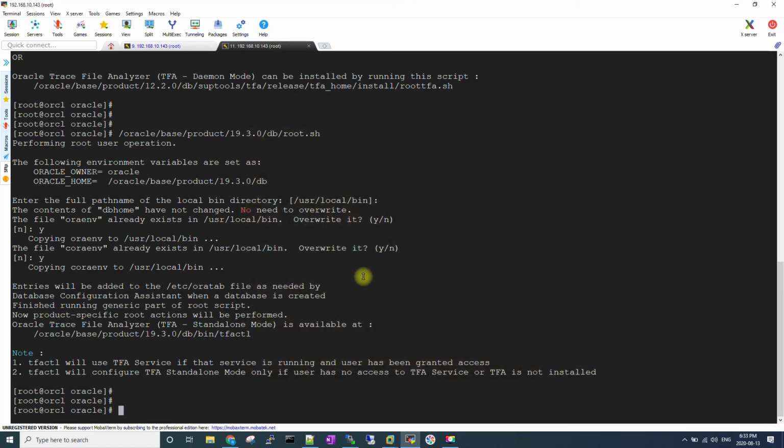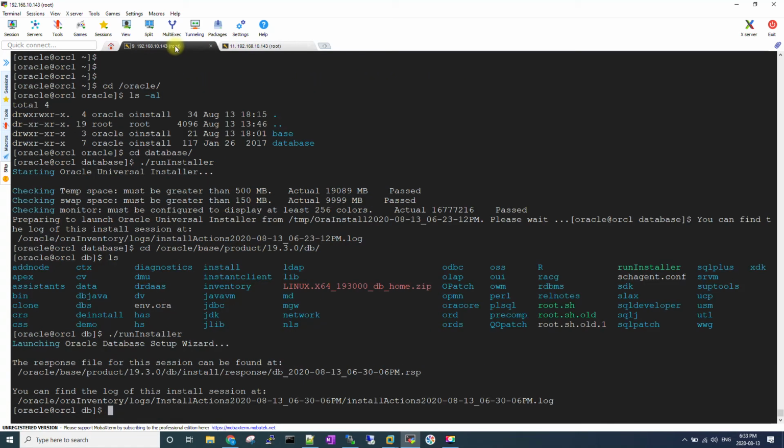So what we have done, we have installed the Oracle software for 12c R2 and 19c. We will start installing the listener. That will be completed, and as soon as that's done, we will install the Oracle database itself. It will create all the data files. We will make sure that it will be a multi-tenant database with one pluggable database. As soon as that's complete, we will wrap up. Then I will come back and show you how to actually upgrade from 12c R2 to 19.3. Okay,